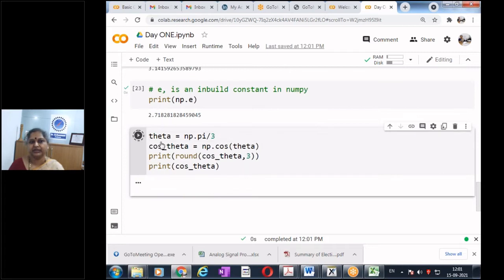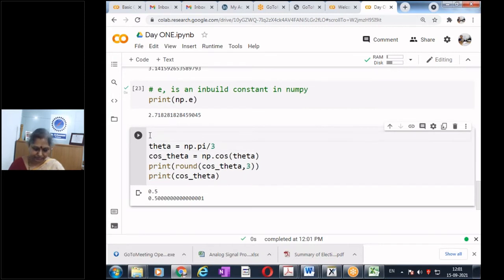Cos pi by 3 is 0.5. Cos pi by 3 is half. So when I round it, I get it as half. So now what is our observation? The observation is that np.cos considers the angle in, what should I write, radians or degrees?